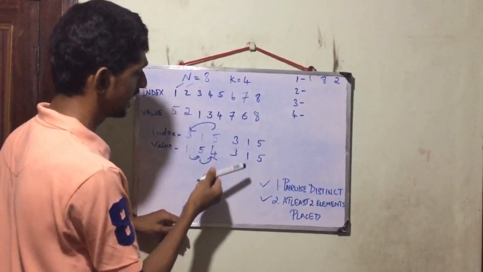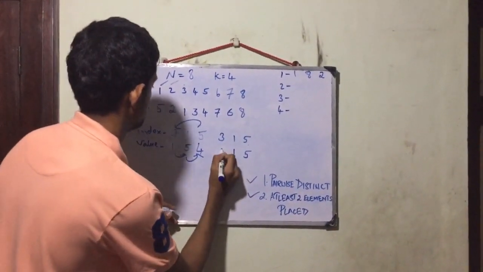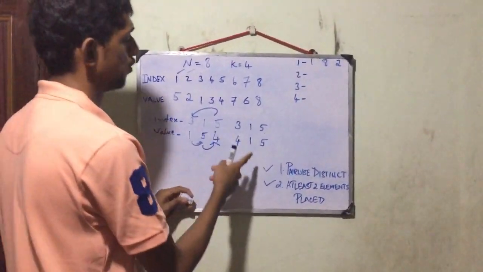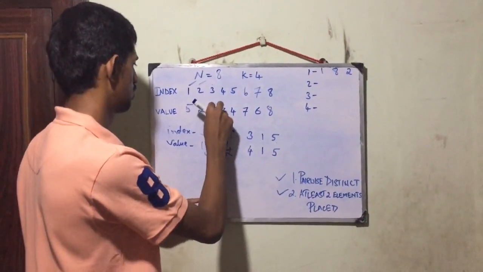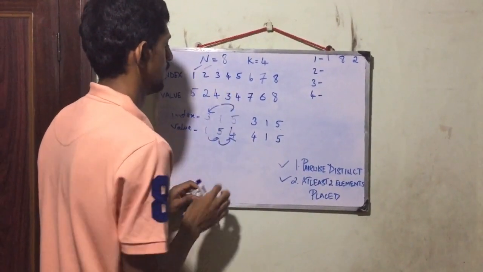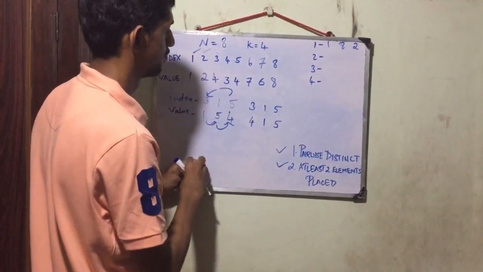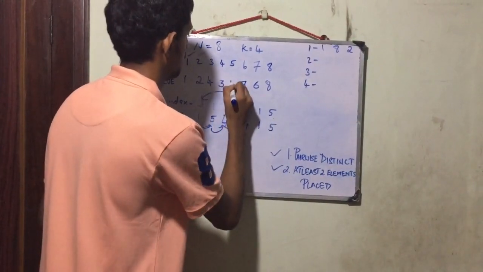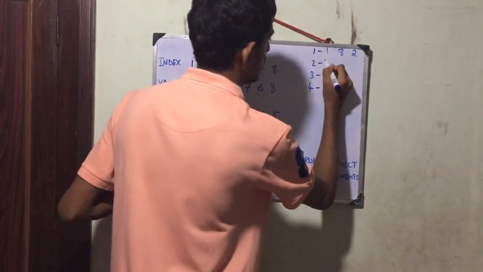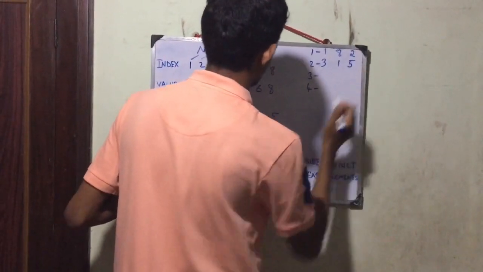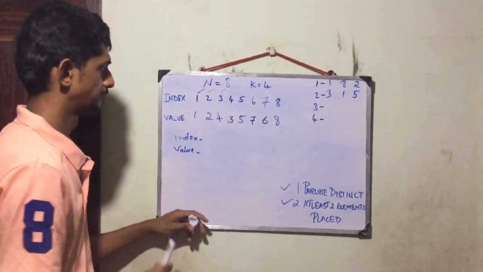Therefore, I can change the corresponding values. The third index is 4, the first index it's 1, and then the fifth index it's 5. So in the second operation, my indices are 3, 1 and 5. I have completed that for the third index. Now I am going to the fourth index.